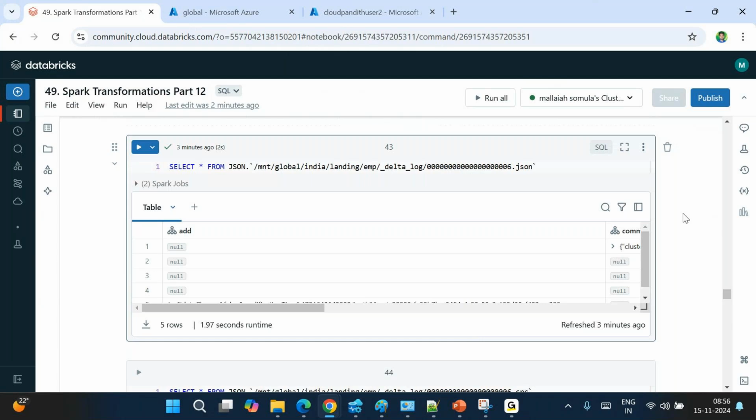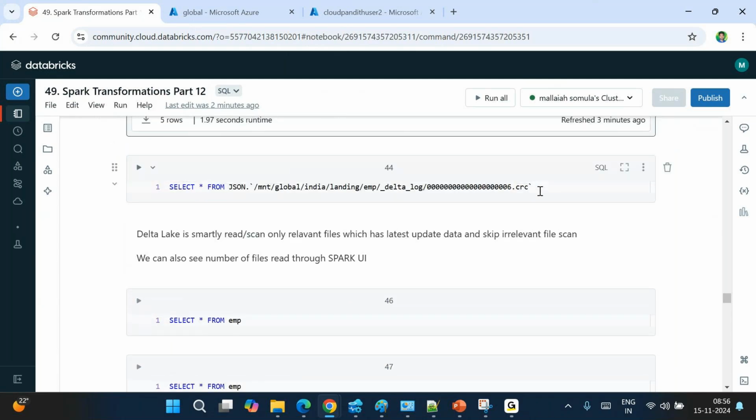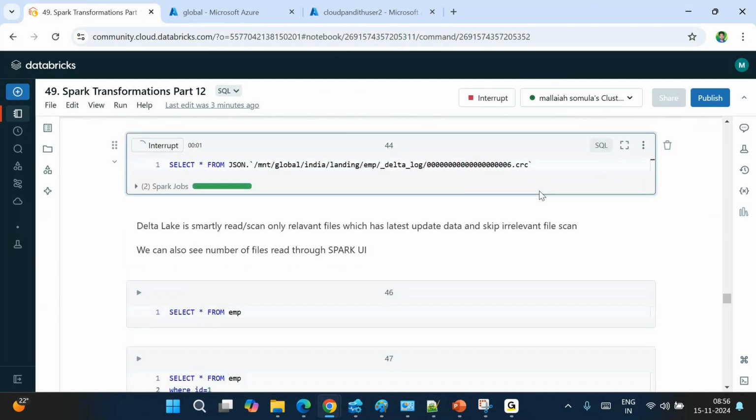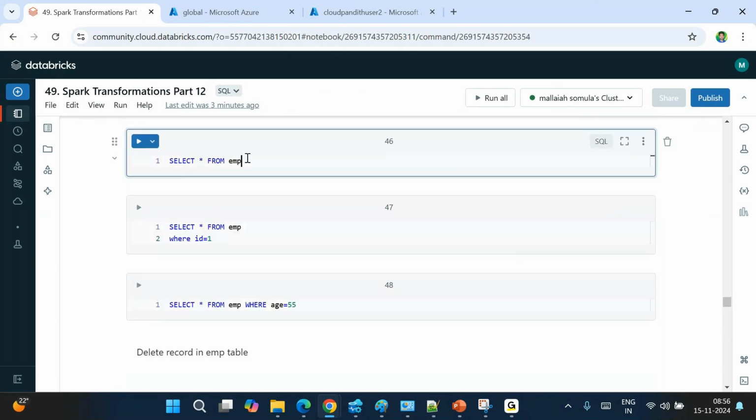Are you able to see the clear picture of what is happening in the backend or not? So CRC, I'm not going into it, you can see it if you want and analyze, but nothing will be there, it is more of an internal thing. Okay, now the same thing applies when you do a